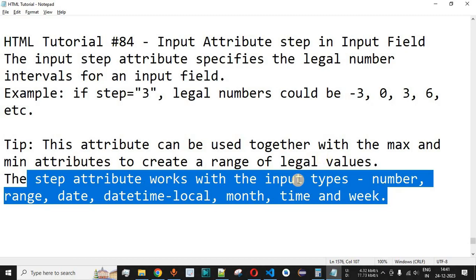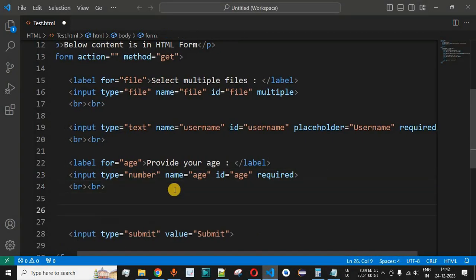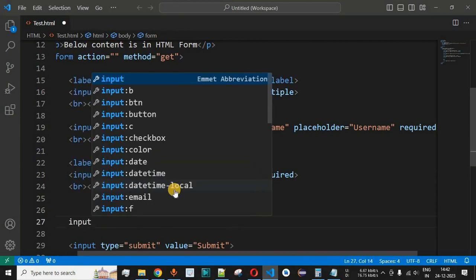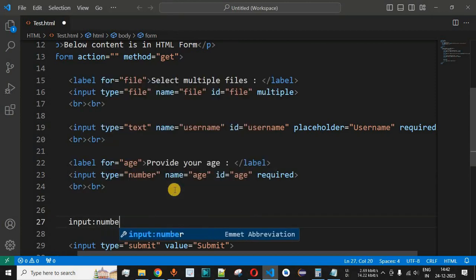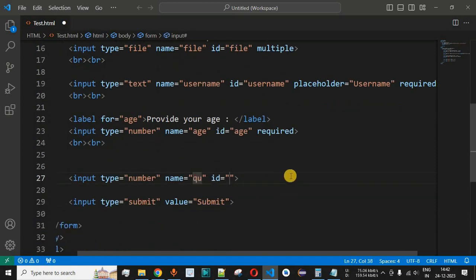So guys, let us check this with the help of an example in VS Code. Now guys, we will have another input field which will be of the type number in this case. So input followed by colon, and then we have number, and the name will be quantity. So basically we are asking the user to select the quantity of a product.